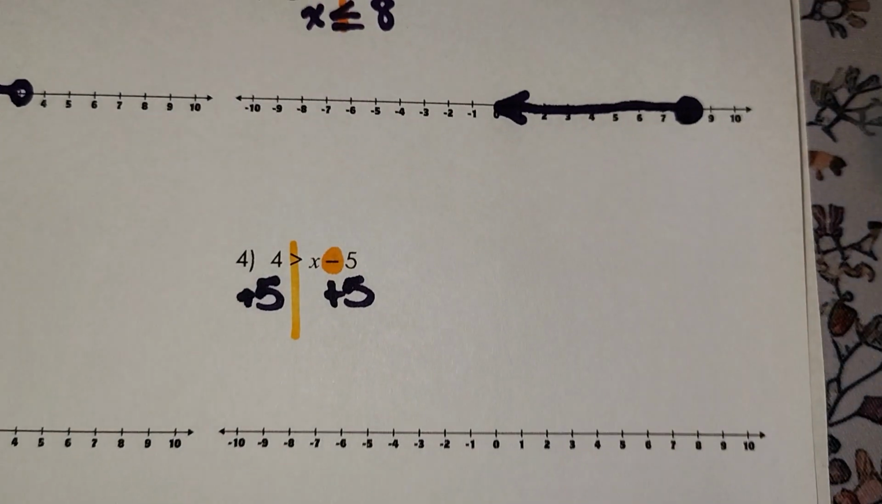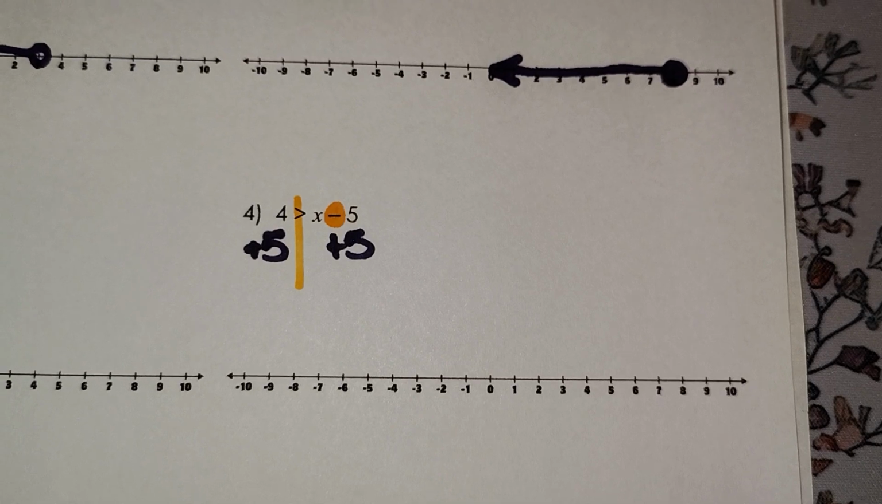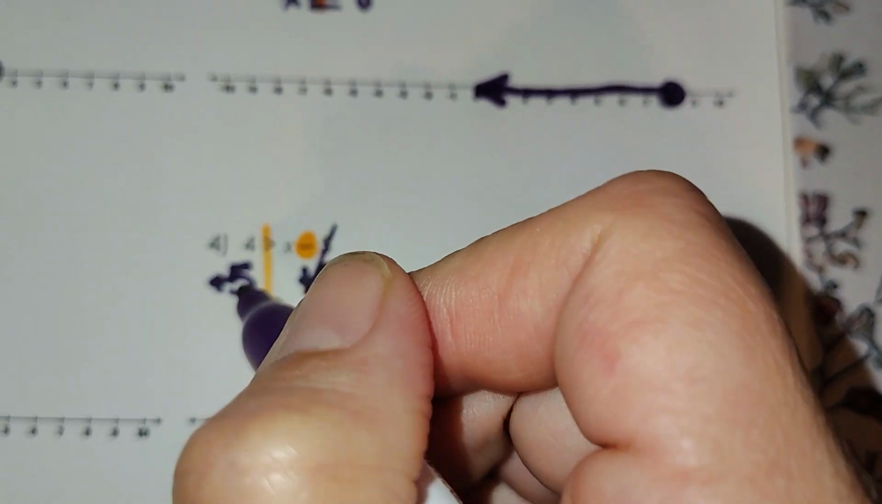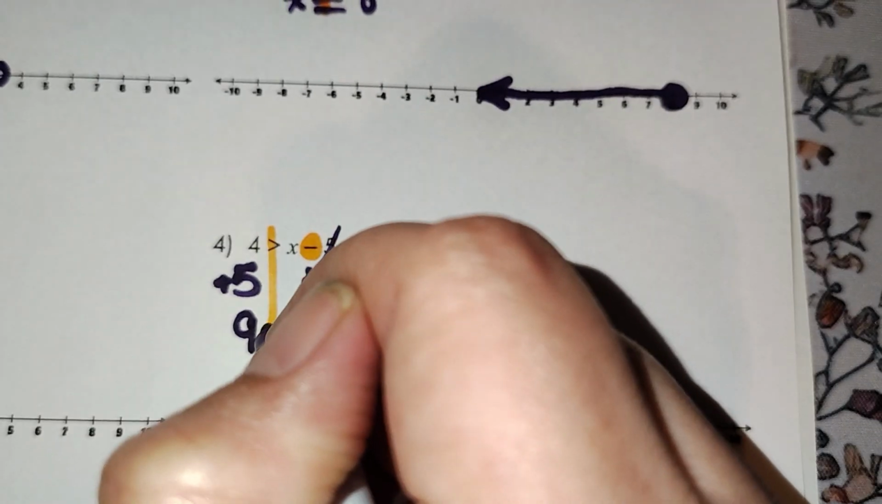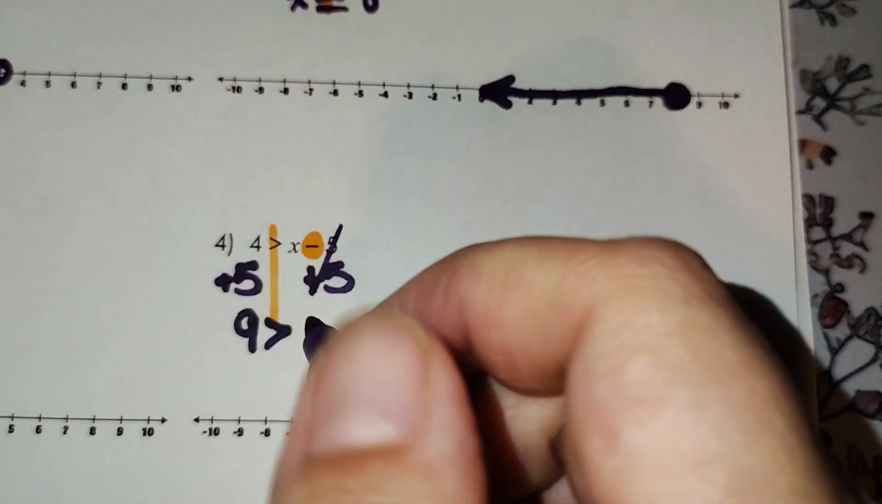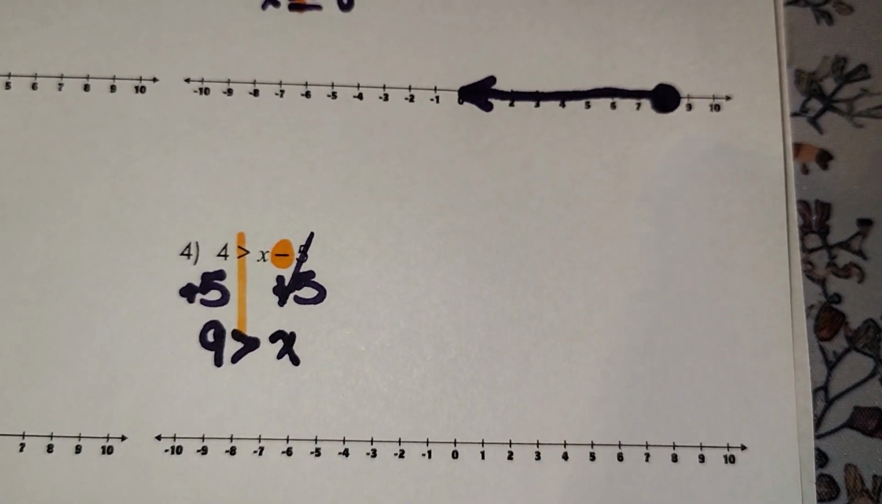Oops, forgot my line. Sorry, guys. I'm going out of order because I'm not in there with ya. So my 5s cancel out. And I have 4 plus 5 is 9 is greater than or equal to x. Now,